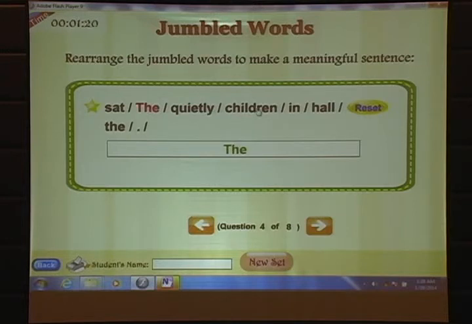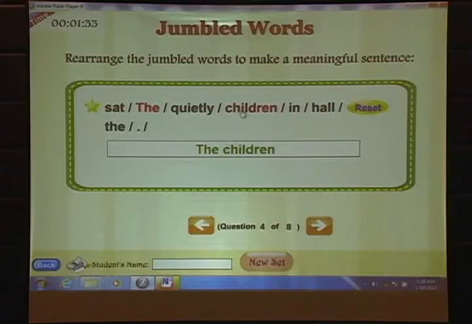The children sat. Okay. The children sat quietly.